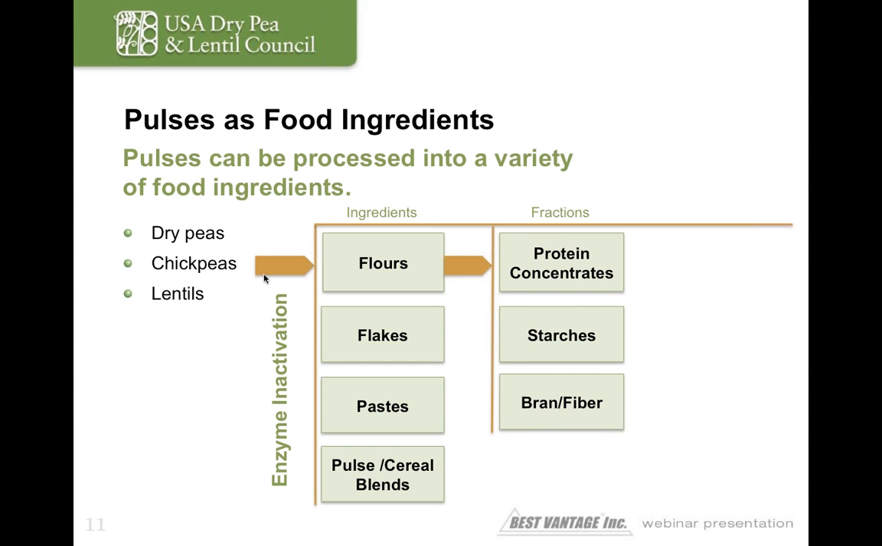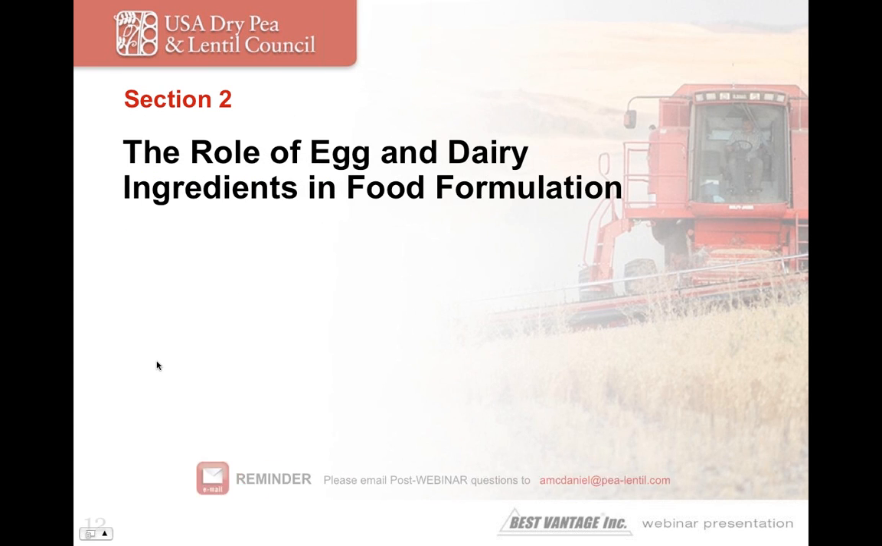They can be fractionated into protein concentrates and isolates, starches, and then bran fiber components, each of which offer unique functional attributes in product development. And they can be further processed into particulates, for example, crisps for use in nutrition bars and cereals. Now, getting to our next section, and I'm